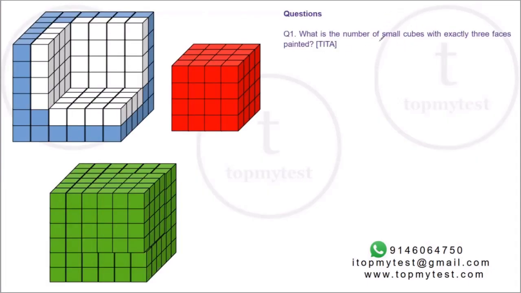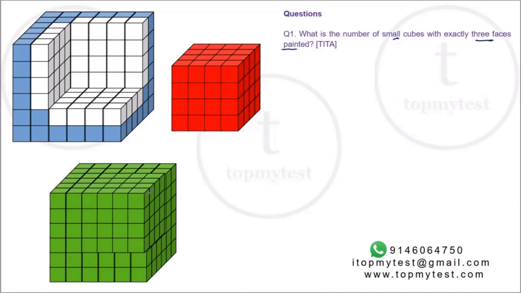Question number 1. What is the number of small cubes with exactly 3 faces painted? Now, one thing to remember in this question is that the moment you paint a face of a cube, it cannot be unpainted again, right? So it will retain the paint. The paint color might change, but once you put a paint on it, you're not removing that paint. So you will not lose your paint as such. Now, if I were to just take the large cube analogy,